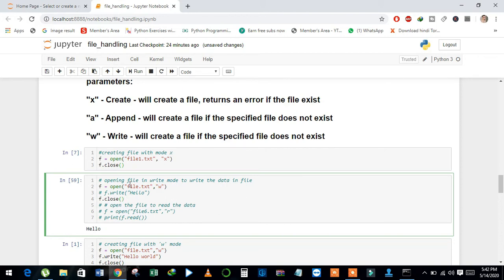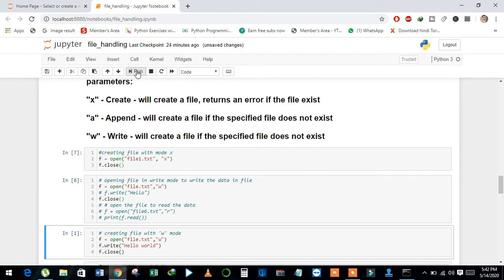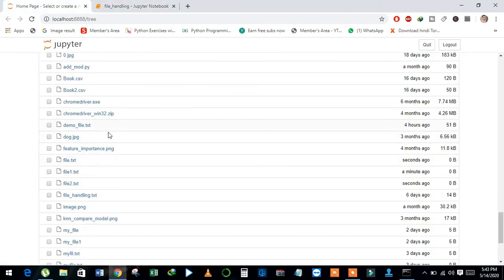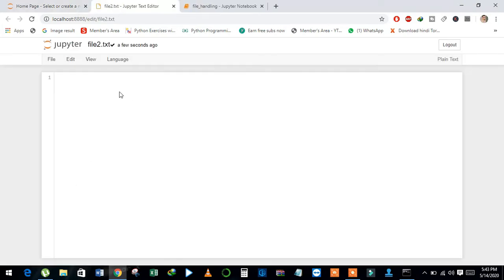Now I open the file in W mode. Because the file is already present, it just opens the file. To create a new file, I change the name of the file to file2. And now see here in my current directory, it created file2.